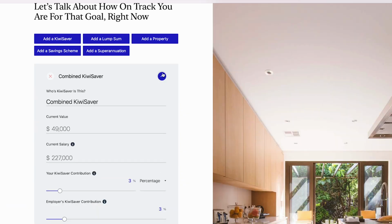So Brian and Deirdre's goal: $200K a year in passive income in today's money, but starting in 20 years' time. So they've got that long to build those assets up. All right, so they're in KiwiSaver, so they've got $49,000 in there at the moment, $227,000 combined income, putting in 3% and